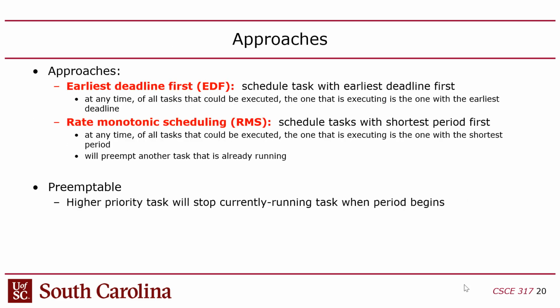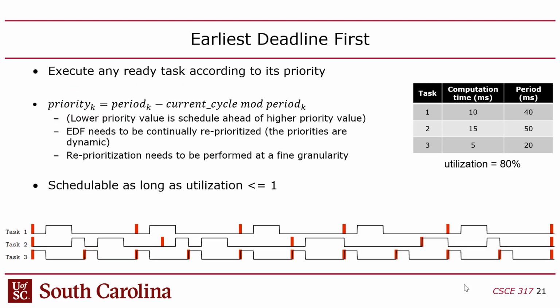There's other ways to do this. What's even more complicated is if you are simultaneously adjusting the speed of the processor, because sometimes you have extra time that you don't need, so you can slow things down and still meet all your deadlines and save some energy. But we didn't get to that, but there's some algorithms that do that as well. In this case, we assume everything's running at full speed. So when you schedule something, you get it done as quick as you can, and you move on to the next task. Okay,